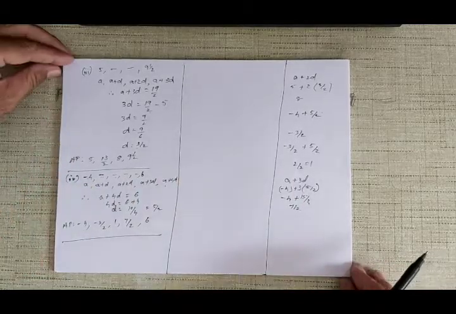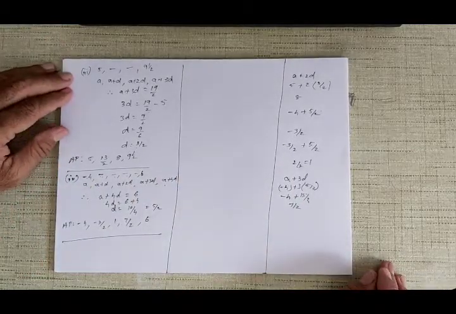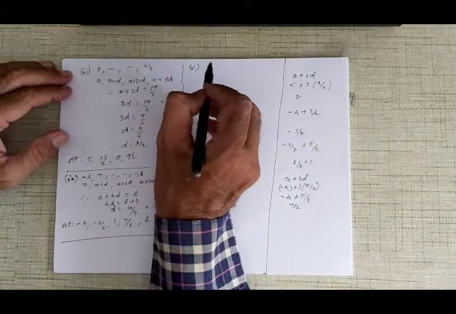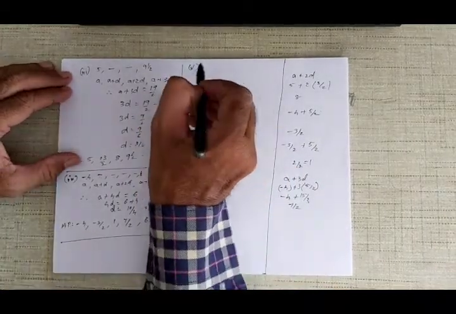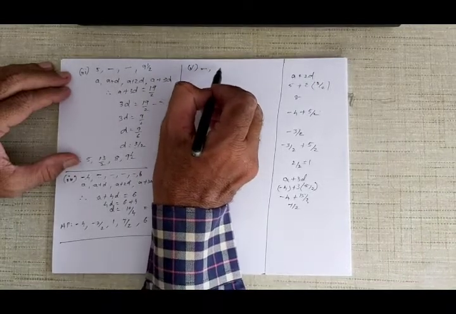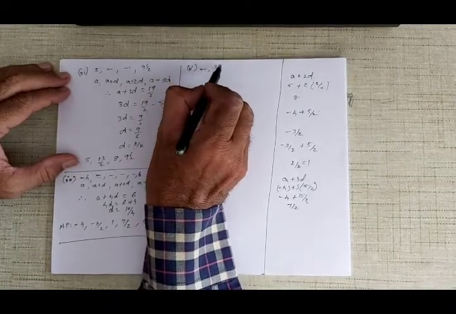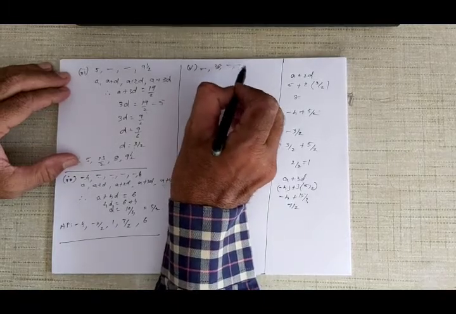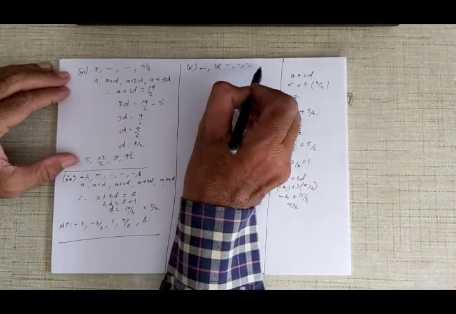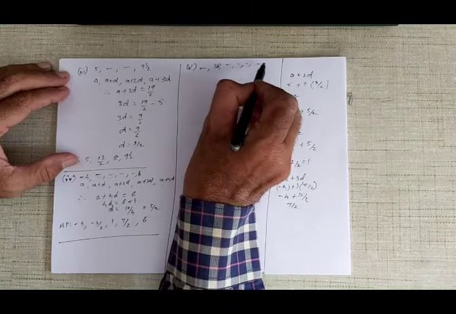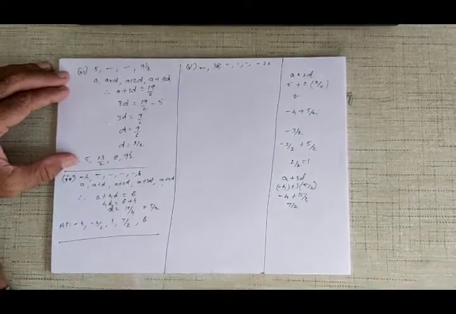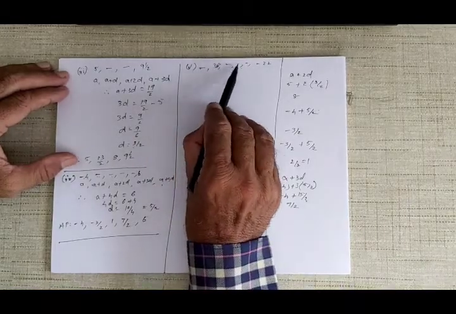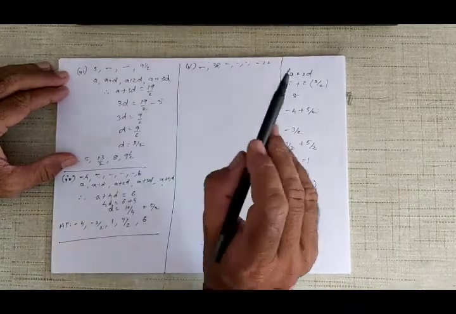Alright, you can see these are very easy problems, they are not tough at all. And then there is one more of this type. There is a blank, the first term is blank, we don't know, the second term is 38, then blank blank blank, three terms are not known, and then finally we got -22. So how many terms are there? 1 2 3 4 5 and 6.